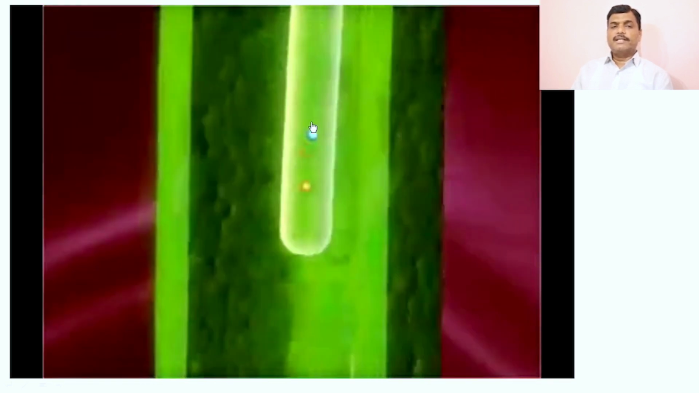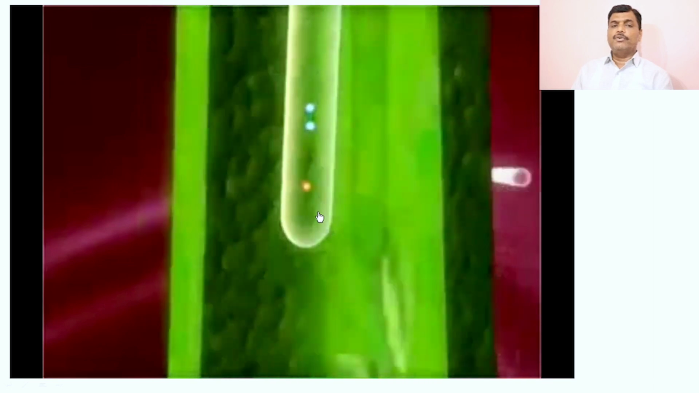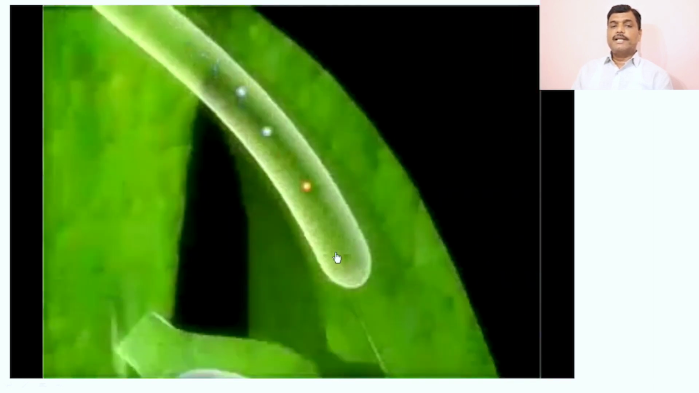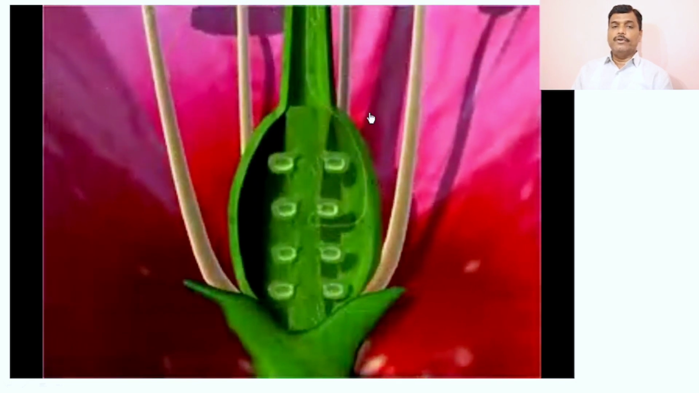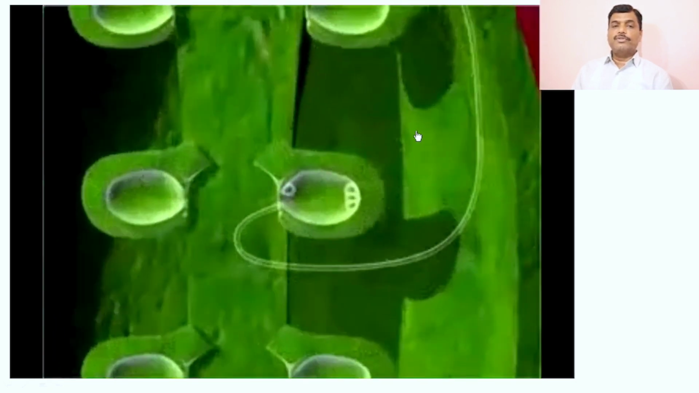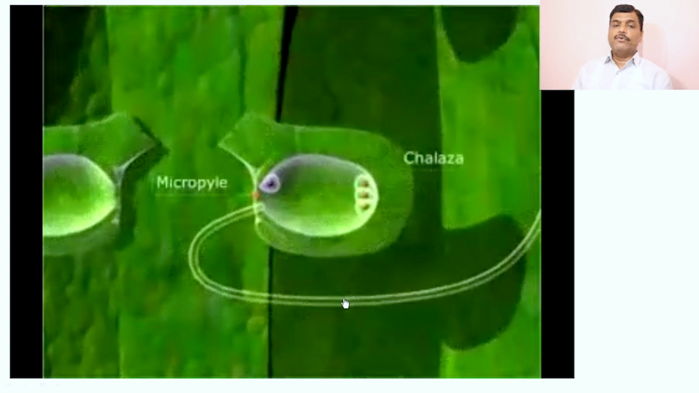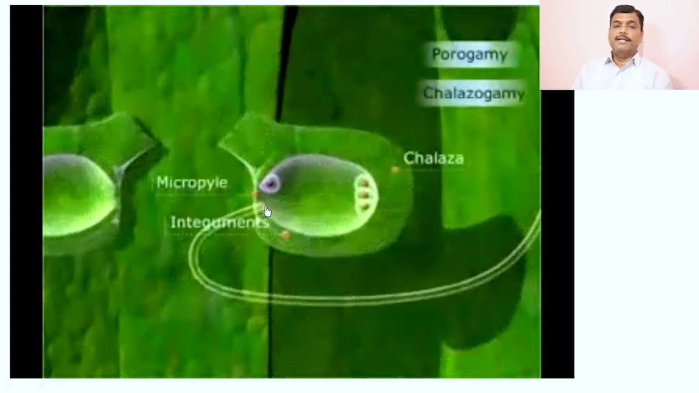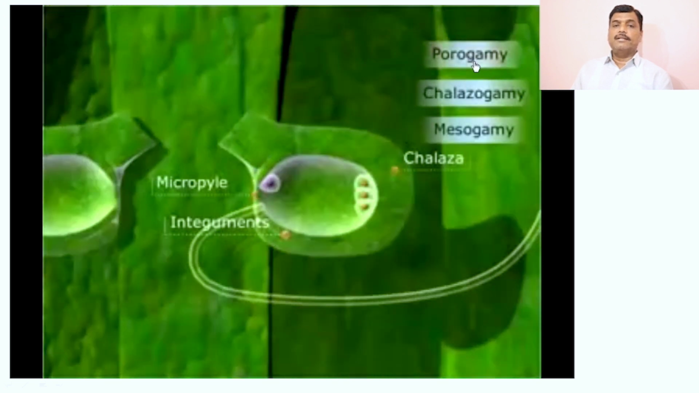Here we will once again see the movement of the pollen tube: it passes through the style, enters into the ovary, then reaches the ovule. In this way, this process we can say is siphonogamy, where the non-motile male gametes enter into the female gamete. It may enter through the micropyle or integument or the chalaza, on the basis of porogamy, chalazogamy, and mesogamy,